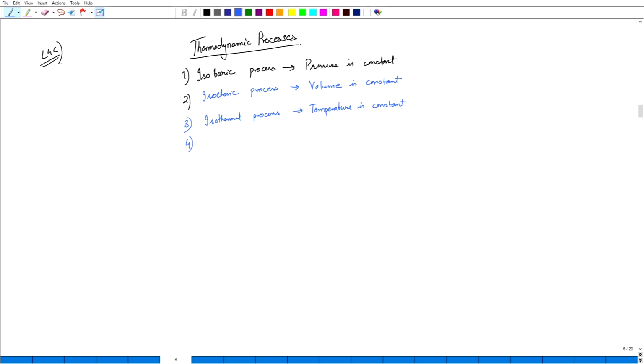Then we have the adiabatic process, where heat is